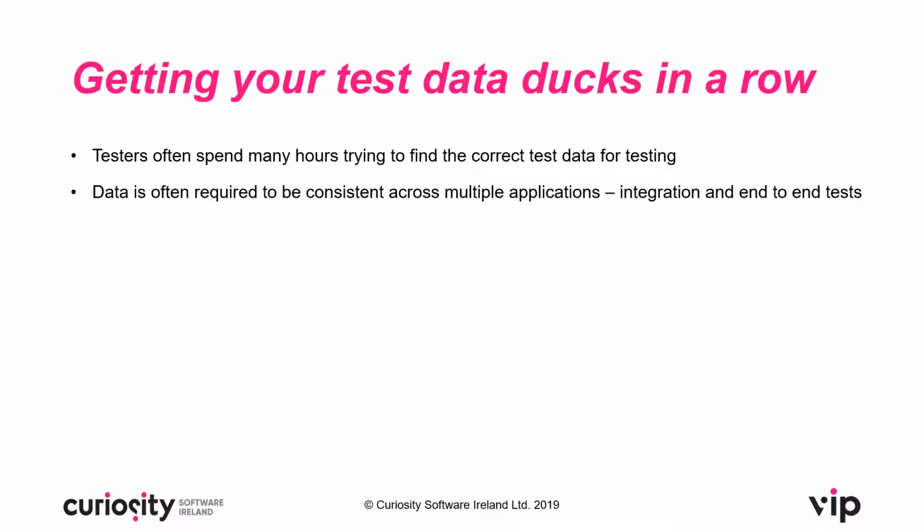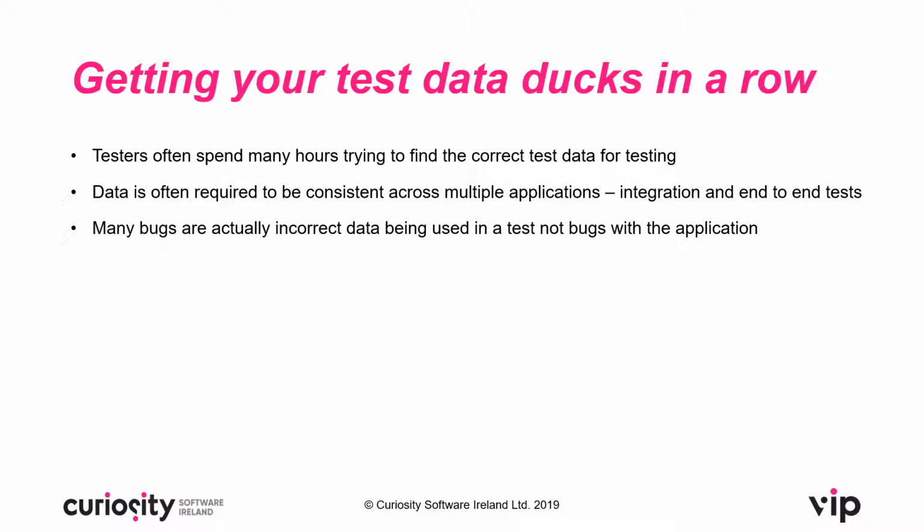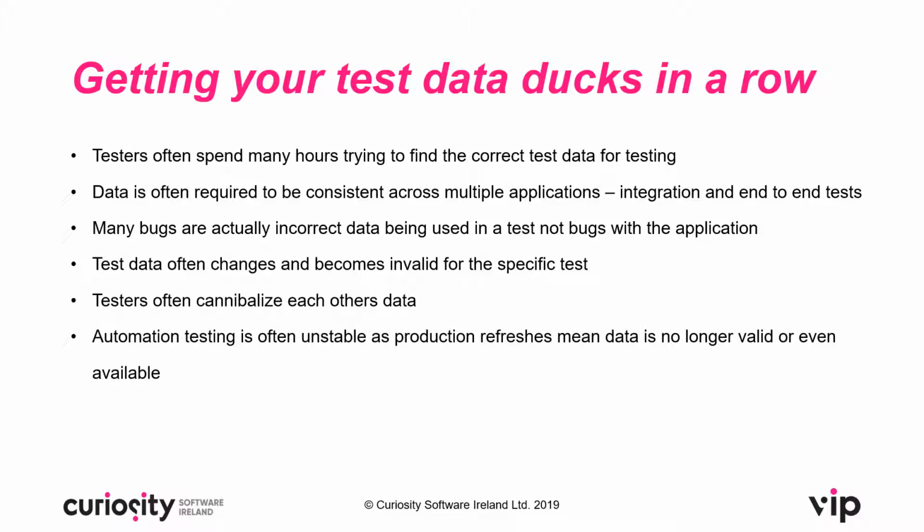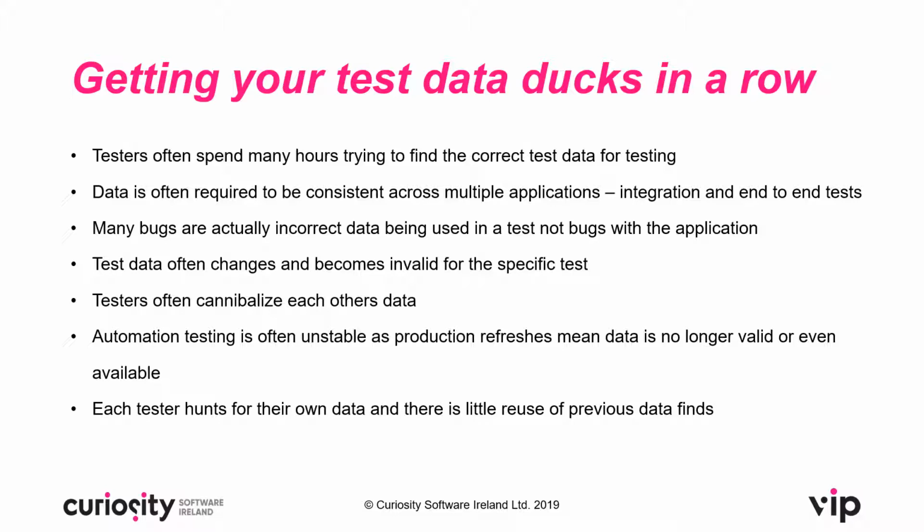Data is often required to be consistent across multiple applications, and the big one here is a lot of false negatives occur where a test has failed, not because there's a bug with the application, but because the incorrect test data is being consumed for that test case. This is either a result of test data becoming invalid, testers cannibalizing each other's data, or the test environment becoming unstable. Often what happens is testers will hunt for their own test data for their own purposes with little reuse